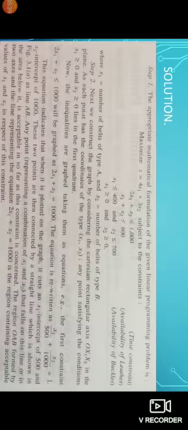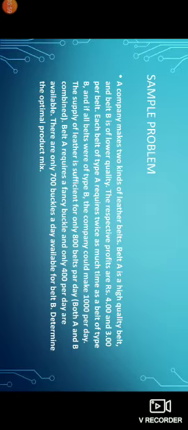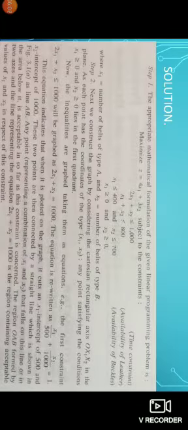Step first, identify the problem, the decision variables, the objective and restrictions. This is the first step. So here, the appropriate mathematical formulation of the given linear problem is maximize. That means your problem is profit, so maximize form. Maximize z equals 4x1 plus 3x2. This is the objective function.